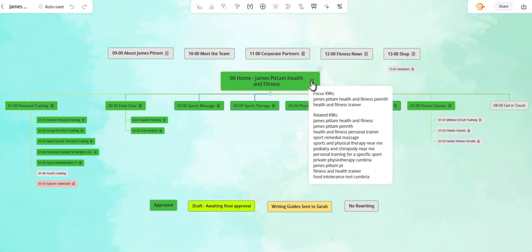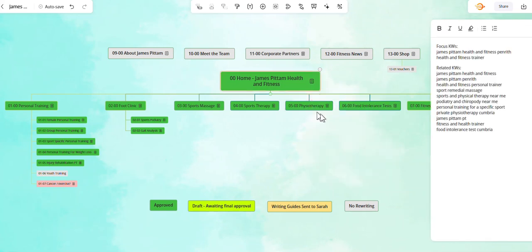And a particular thing to look at here is the focus keywords. These are the ones we're really interested in making the page rank for. These related keywords, they're very similar in meaning, effectively synonyms in many ways, but also there are words that tend to show up in writing of this kind. We call those semantically